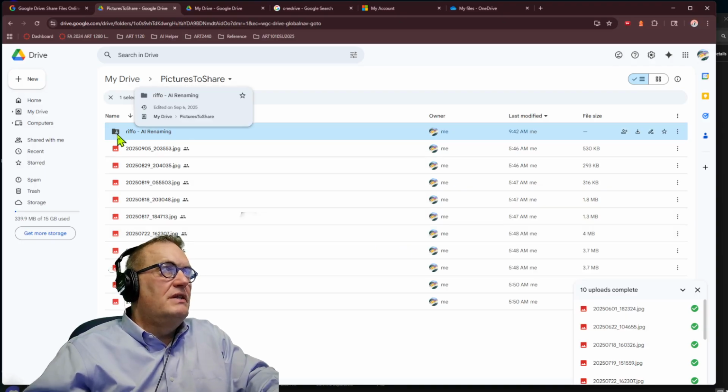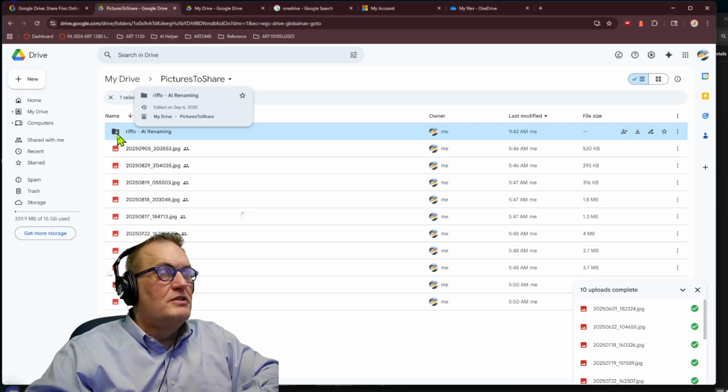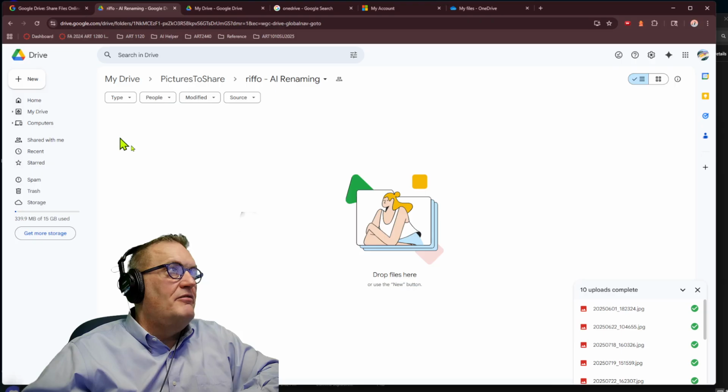And you see that it's got the little people icon on it, and that means that whatever I put in there will be shared with everyone. So this is a strategy I'm going to suggest you do for your assignment: you create a new folder, and once you have your files ready to upload, so I created,